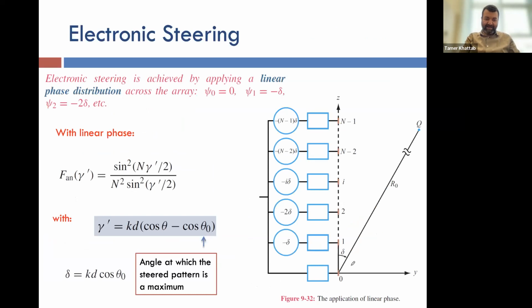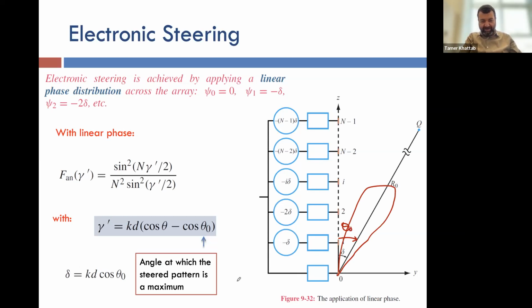And if you do the math, you will find that if you want your main lobe to be in a direction called theta naught, so you want the maximum in this direction, where theta naught is measured from the Z angle,